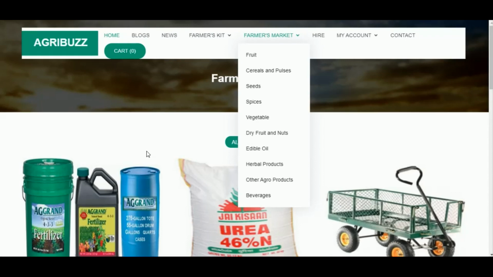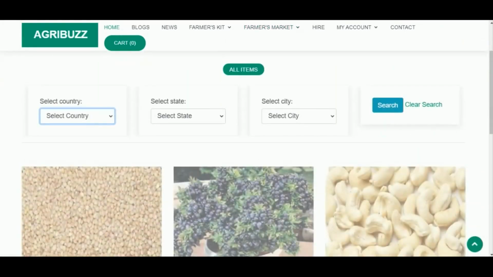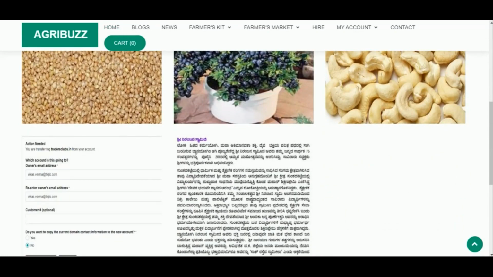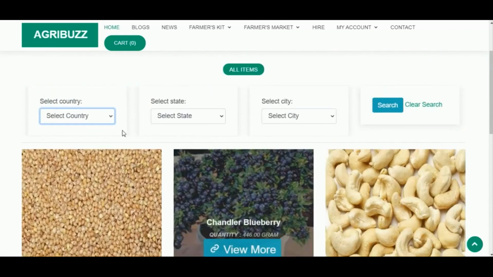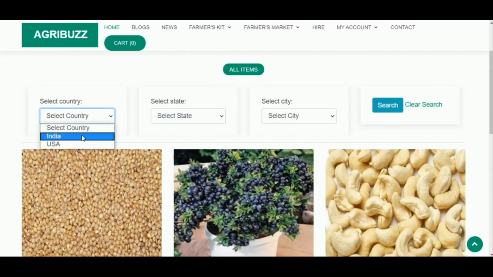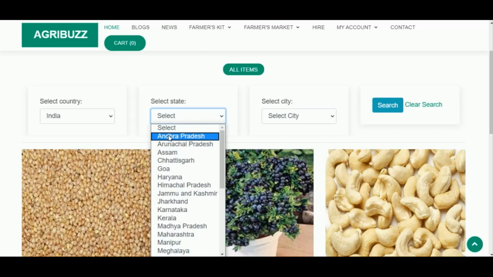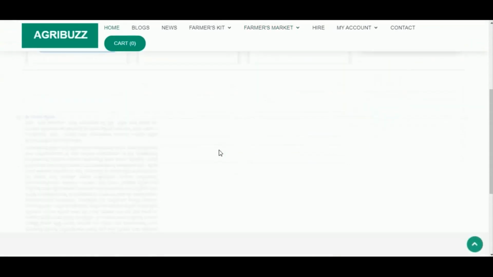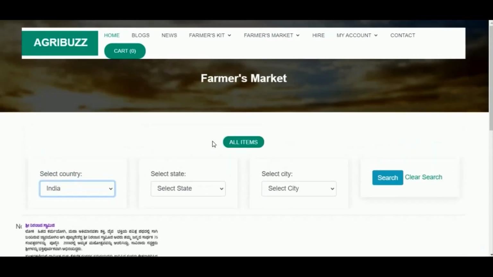Farmers Market. Here, all the products that are produced by farmers are posted for selling. Customers must select the products they wish to purchase. Customers can check by selecting the country, state and city from where they want to buy the products, if available.